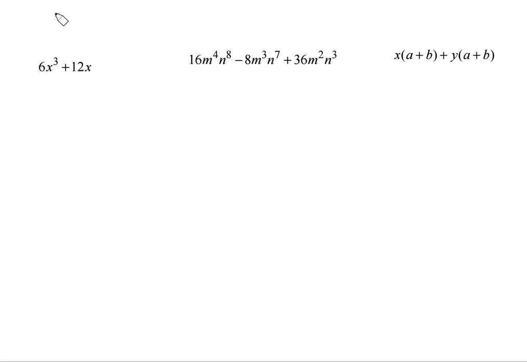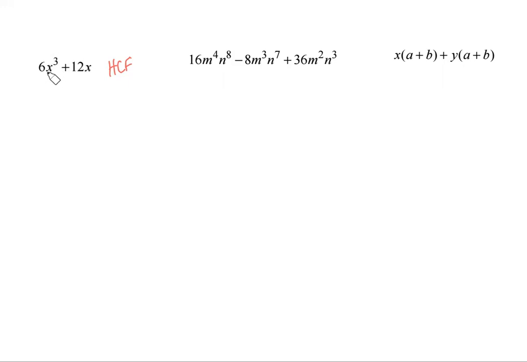For example, if we have 6x cubed plus 12x, we need to look for what we call the highest common factor. The highest common factor is a value, being numerical or even a variable, that can go into both of these